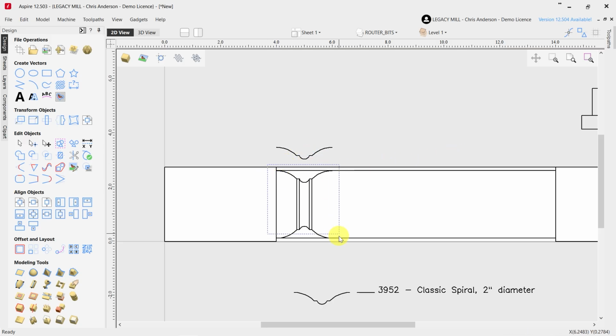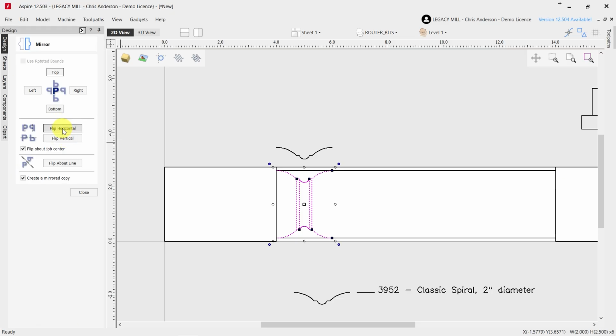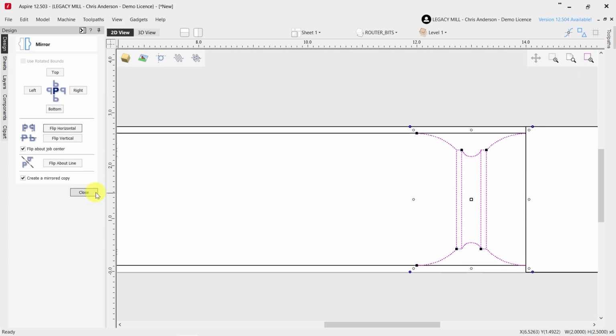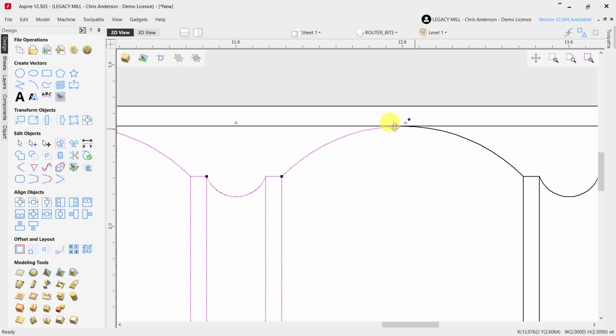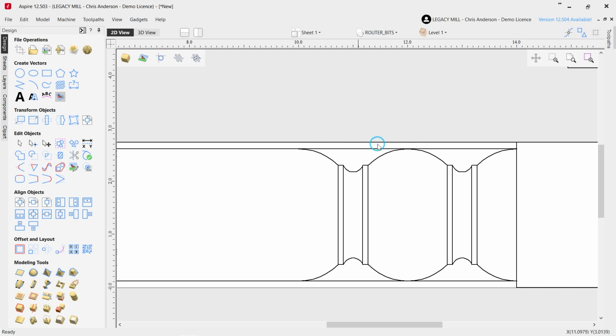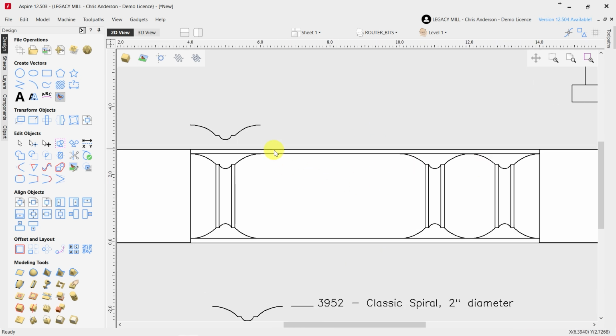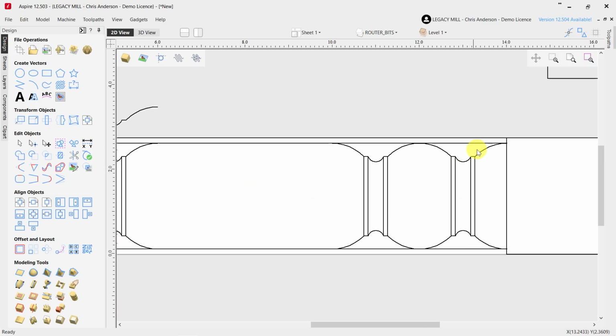For example, if we take this, let's do a mirror copy to the other side. So we'll flip horizontally. And I'm also going to copy and paste another copy of this back to back. Okay, so you've got two profiles back to back from one another. And you can see it gives you some slightly different results. If I just have a single cut at a single position, it gives me a very nice detailed cove within our turned round section. Whereas if I place two of these coves next to each other, it creates a bead